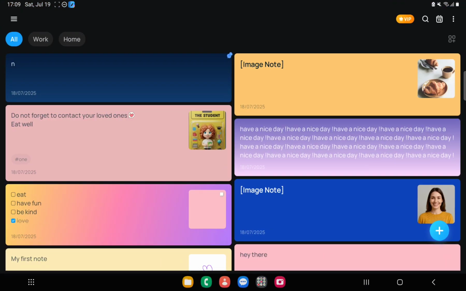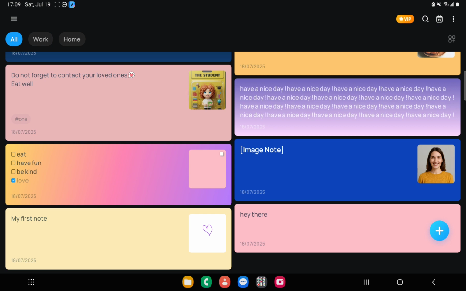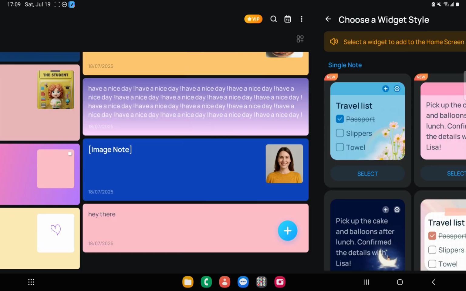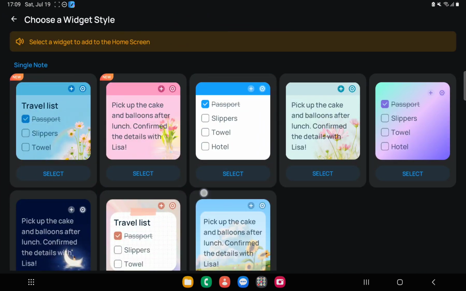First, just open the app and then choose a note that you will need. Hold your finger on it and you will see this function, add the widget, either under the note or above the note. So click on add widget, choose the widget style, click on it